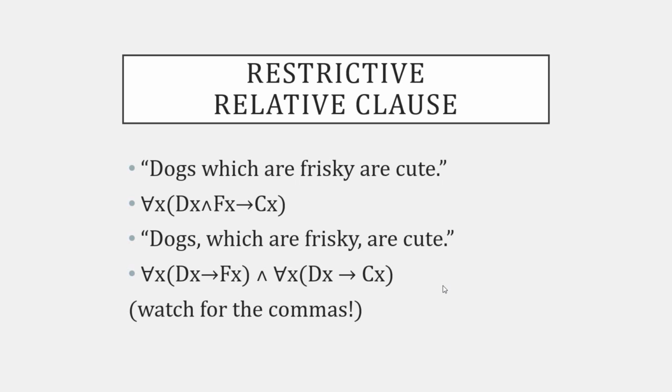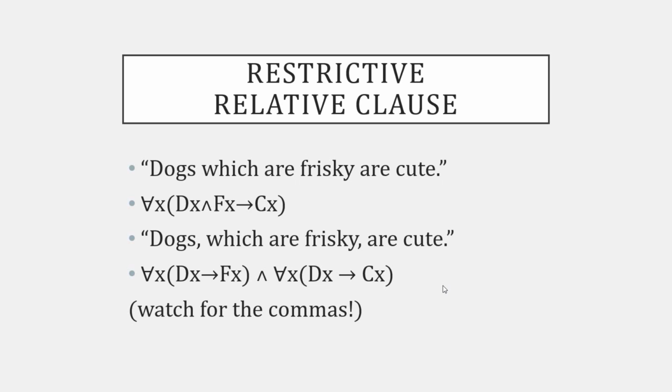That means it's making two claims. You're kind of doing an aside. Dogs, which by the way are pretty frisky, are cute. Right? You're doing a little aside in your sentence, and that little aside is another independent separate claim that could be true or false, independently of the first one, because maybe dogs aren't all frisky. There are lethargic, lazy dogs, right? So that part of the claim is false, but they're all cute, so that part's true. Yeah? So the non-restrictive relative clause